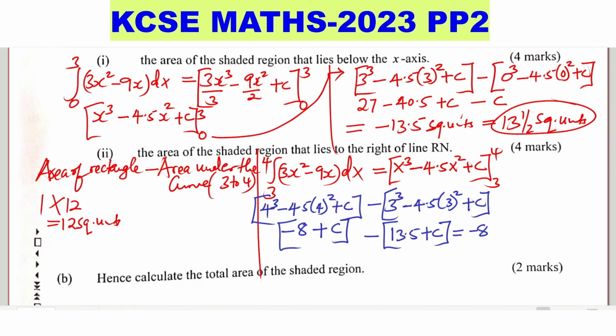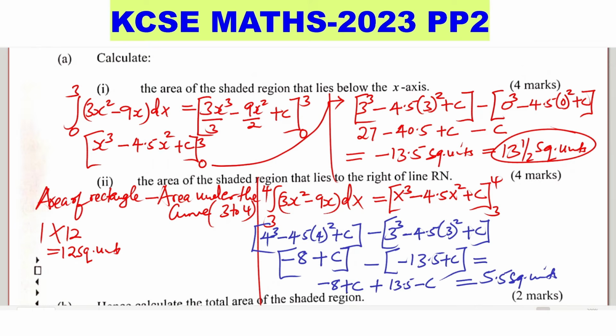This will give negative 8 plus c minus 13.5 minus c. And these will give negative. So for 3 squared minus 4.5 multiplied by 3 squared plus c, that one will give negative 13.5 plus c, like that. And when you work out these, you will get negative 8 plus c minus these will give negative. These will give positive. When you open the brackets, you get 13.5 minus c. C will get eliminated. You get negative 8 plus 13.5, and these will give